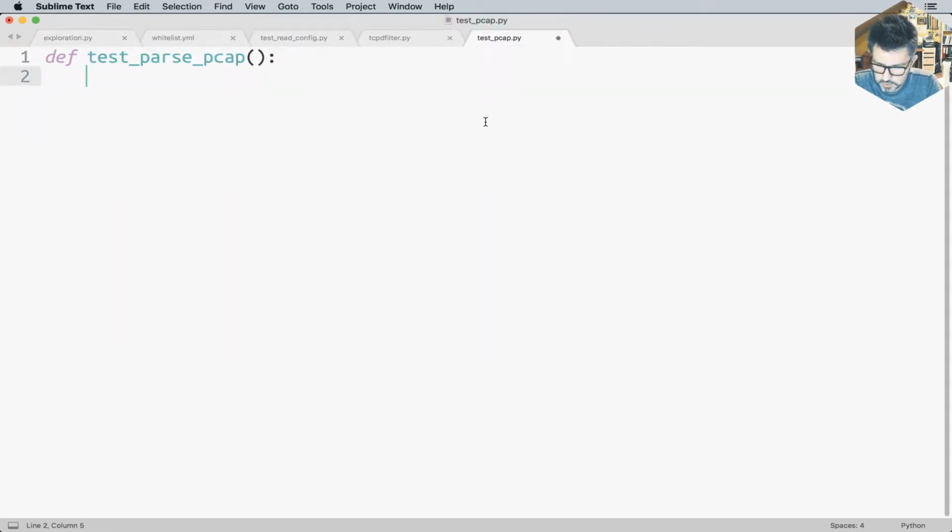Okay, so let's say file name equals example.pcap and packet equals. Actually, is it even necessary? I mean,